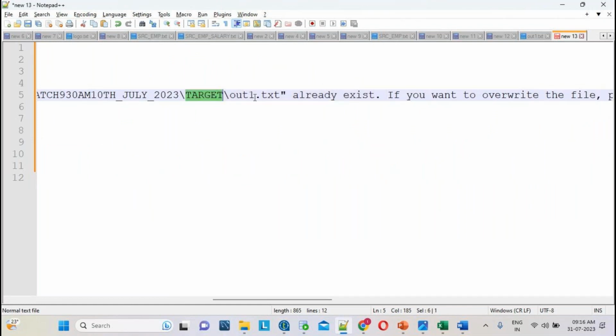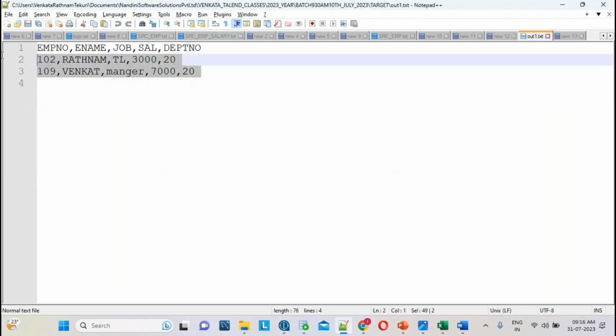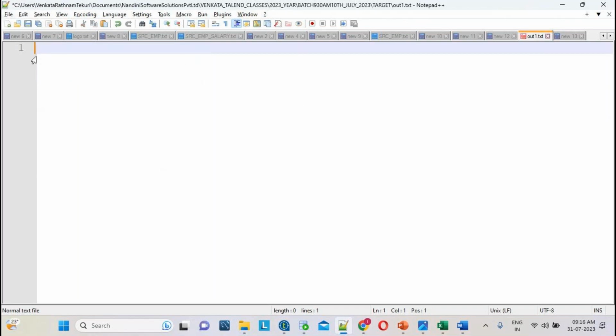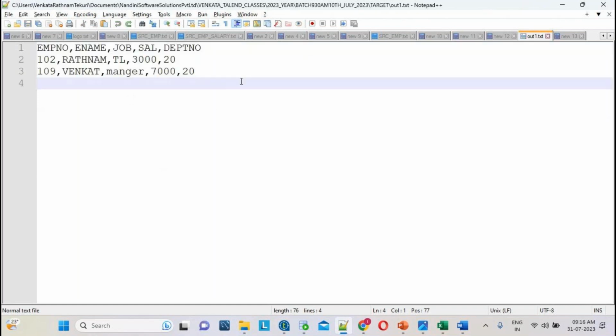See, in this folder, this file is already existing, right? If this file already exists, it has some data. What do I have to do with this data? Do I need to delete this data, and when I run it, load whatever new data is coming? Or else, I have 2 records already, so the new data I want to append here. What do I have to do? I need to do that.